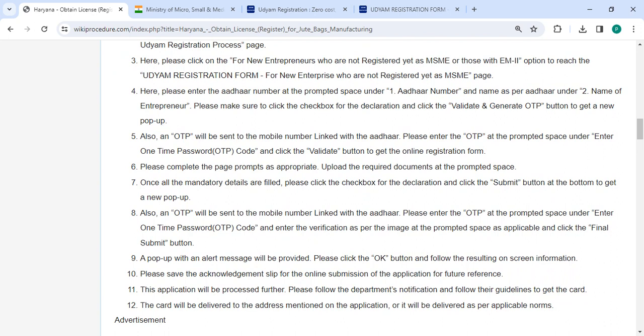An OTP will be sent to your registered mobile number linked with the Aadhaar. Please enter the OTP in the prompted space under the one-time password, and then click on the validate button to get the online registration form. Then you can complete the page prompts as appropriate and upload all the necessary documents. Once all the mandatory details are filled, please click on the checkbox for the declaration and then click on the